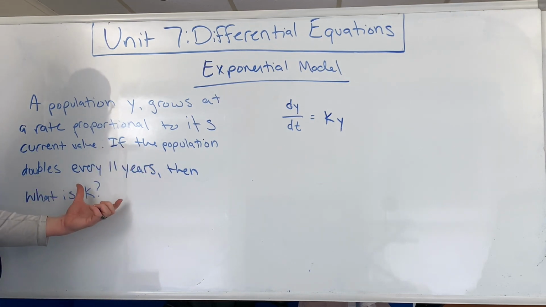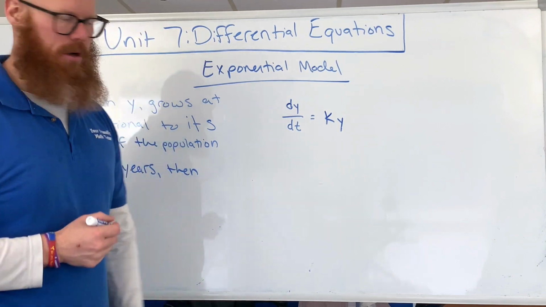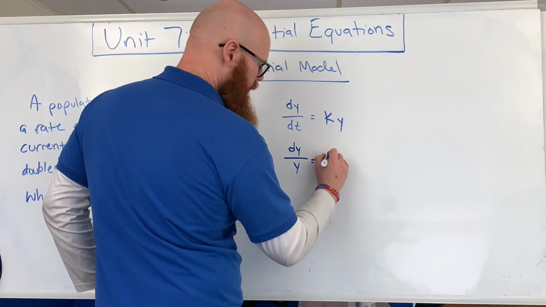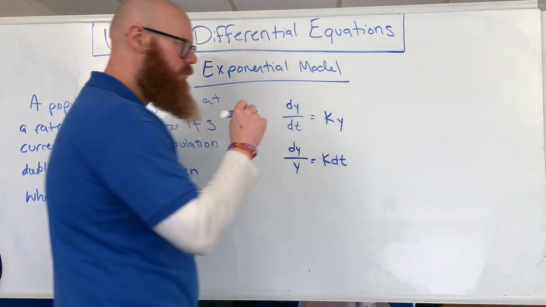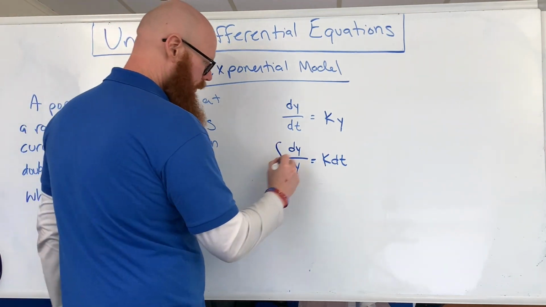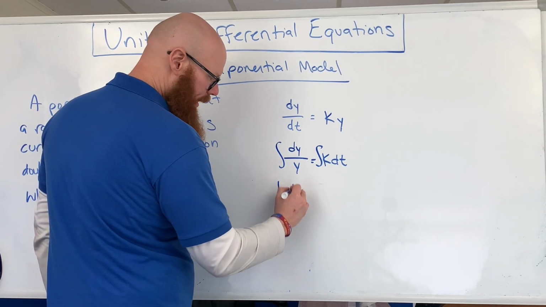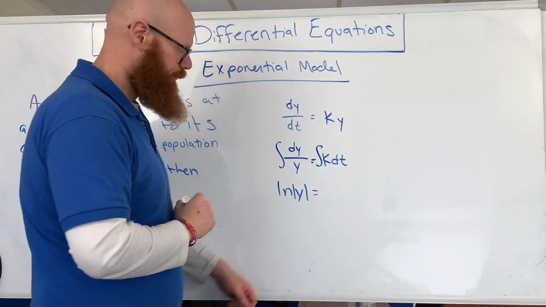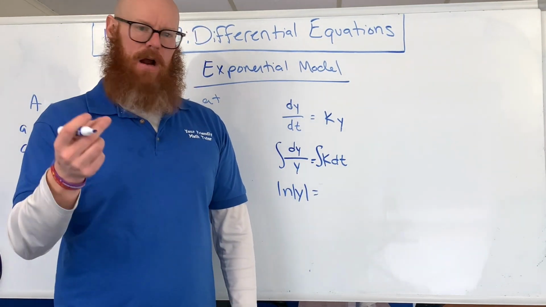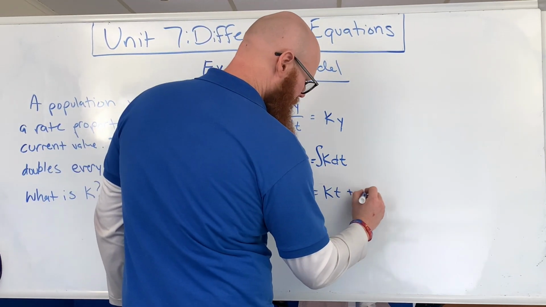So this population doubles every 11 years. Find k. We'll get to that. First, we want to solve this differential equation. So I'm going to have dy over y equals k dt. So k, let's remember, is not a variable. It's a constant. And then I'm going to integrate both sides. So the integral of 1 over y is the ln of y, really the ln of absolute value of y. The integral of k, well, the integral of a constant is that constant times the variable. So since it's dt, the integral of k is going to be kt,